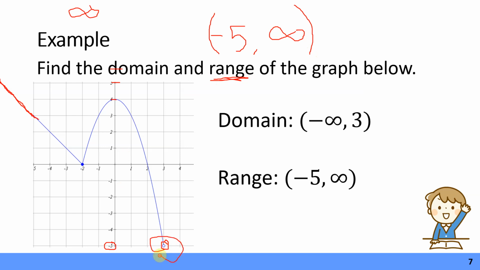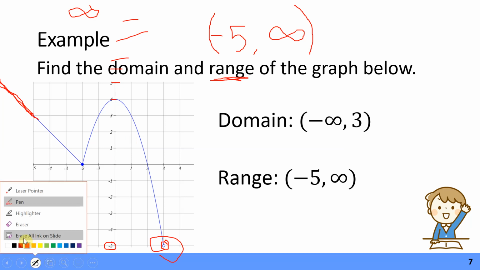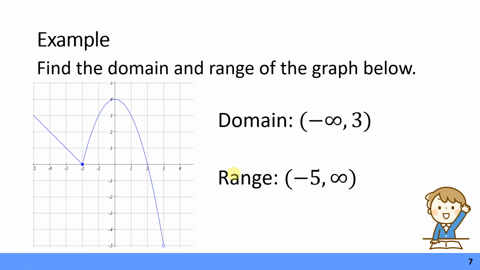This is down, which goes negative 5, and then it's going to go all the way up to, remember, we're looking at the y's now, so this is going to be all the way to positive infinity. Okay, I know what you're thinking. She just said it was negative infinity a couple seconds ago because we were talking about domain. Okay, so I'm going to go over that just really quickly again, but those are my answers for domain and